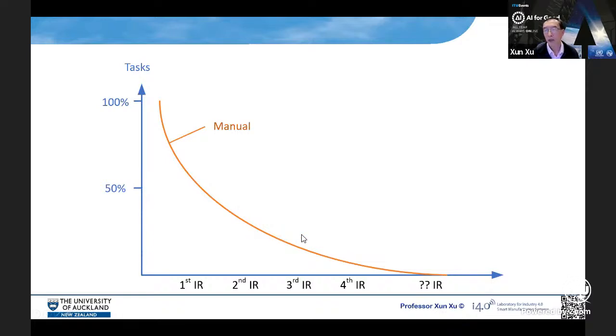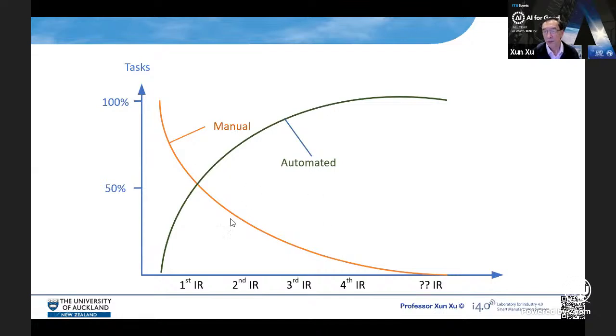Well, if I want to plot a graph, a curve representing automated jobs, it will be something like this. And so automated jobs increase as industrial revolution continues. Well, forget about this cross point there. I don't think I'll draw the graphs as I wanted. The curve should be flattened and to be more flat than it is at the moment. But assume that we are right now here, and somewhere